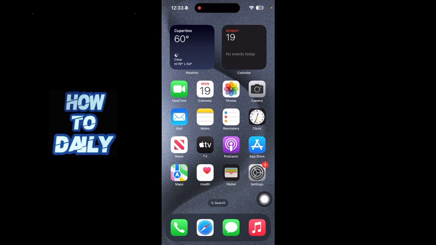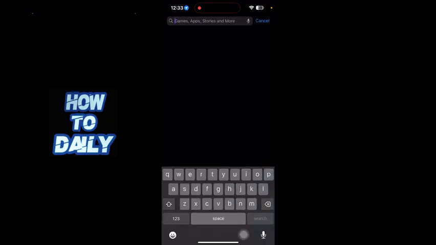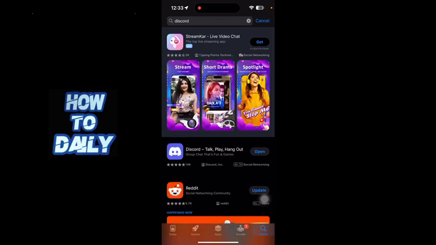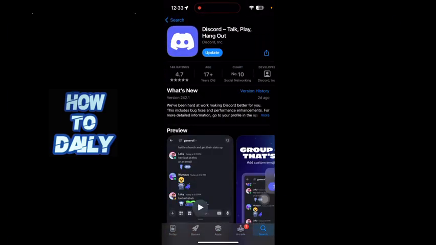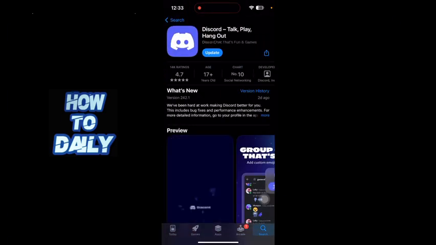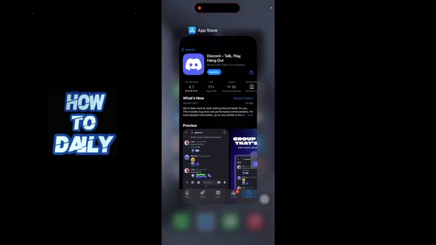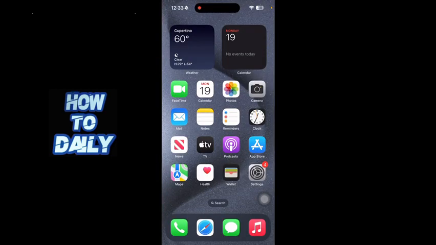Alright guys, so the first step is to make sure your Discord application is up to date. So on my iPhone device, I'll just go to my iOS App Store, and then I'm gonna search for Discord here, and then I'm just gonna click on Discord and click on update. So as you can see guys, my Discord application is not up to date. You can do the same on an Android phone or computer or laptop device and make sure your Discord application